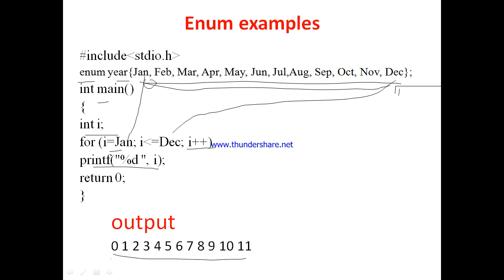Now when in a for loop we are not using curly brackets and we are writing only one statement, then it is automatically considered inside the body of the loop. When a for loop, while loop or do while loop doesn't have opening and closing curly brackets, then we can say that only one statement is inside the body of the loop.